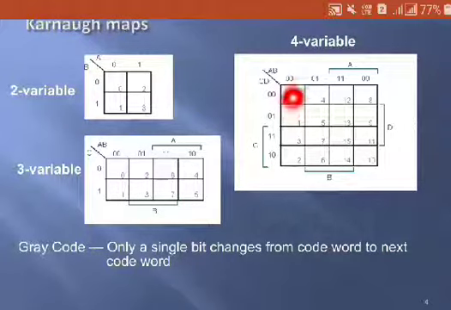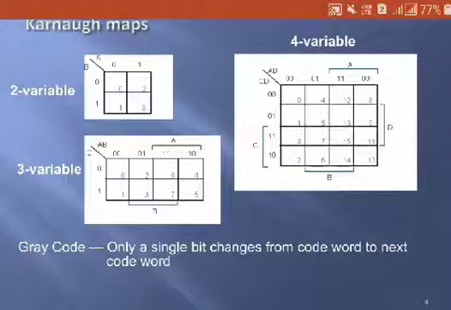In a similar manner, you can also define a four variable K-map, which consists of four input variables A, B, C and D, where A is MSB and D is LSB. For AB it will be 0 0, 0 1, 1 1, 1 0, and for CD also you need to write the code in gray code: 0 0, 0 1, 1 1, 1 0. That's why it will be 0, 1, 2, 3, because 0 0 0 0 means 0. So 0 0 0 1 corresponds to M1 and 0 0 1 1 corresponds to M3, and after that 0 0 1 0 corresponds to minterm 2.